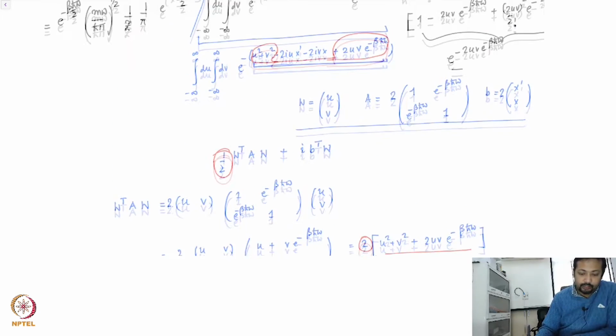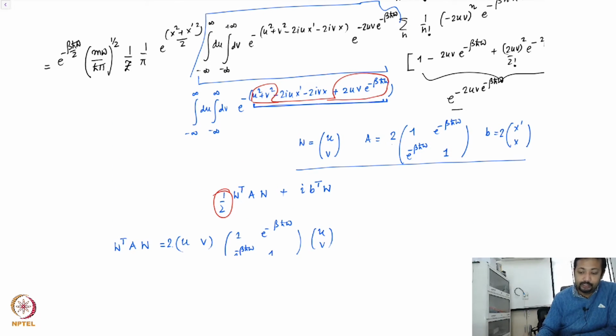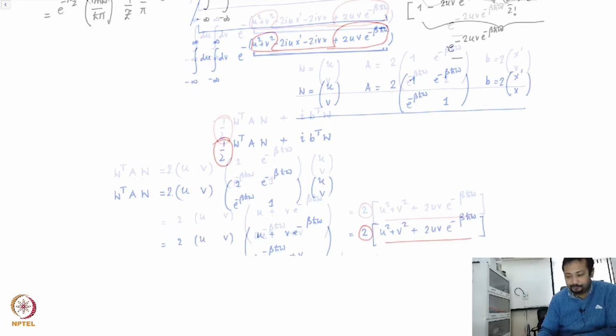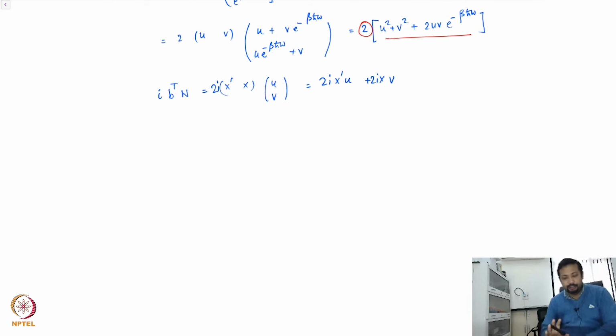So now we want to look at this integral. As we said, this is a multi-dimensional Gaussian integral. How do we evaluate that? It's not very complicated, it's very simple. So I know that we start off from this, the integral from minus infinity to plus infinity dy e to the power